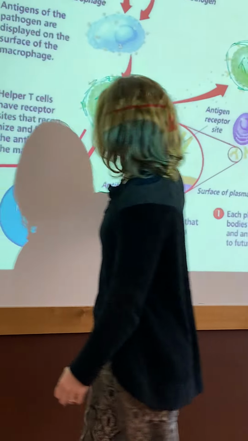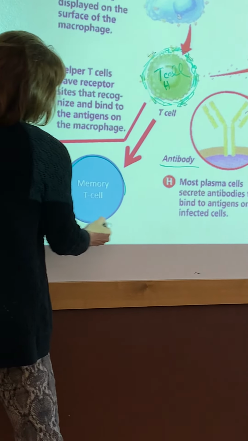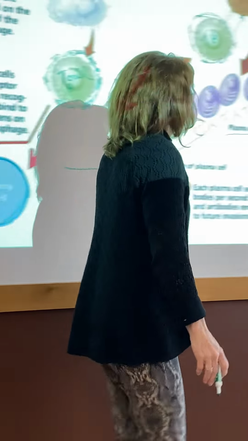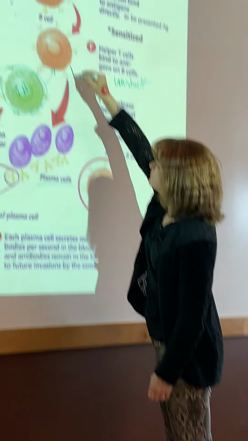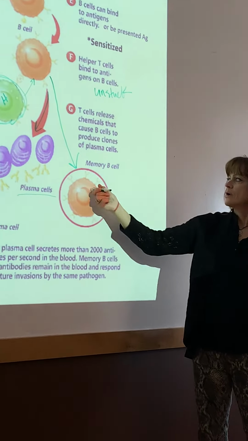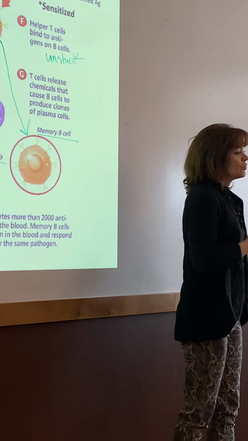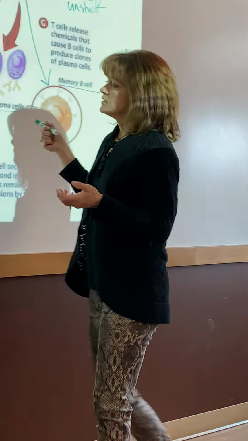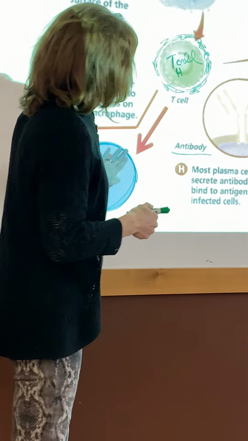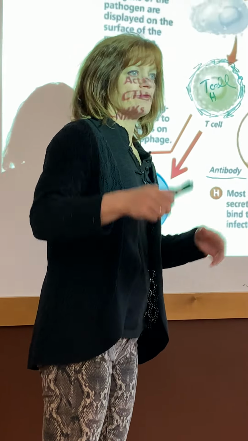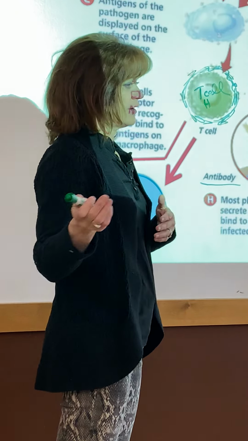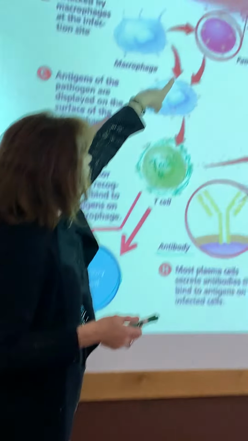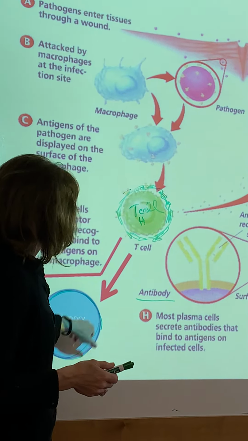Our helper T also turns into a memory T cell to remember that we've seen this before. And the B cell also turns into a memory B, so if we see this again, we can fight it quicker. The importance of these memory Ts and memory Bs is that if they're here and they're staying alive for a length of time, sometimes they last your lifetime, sometimes they don't, then the next time you get infected with that pathogen, these guys recognize it,